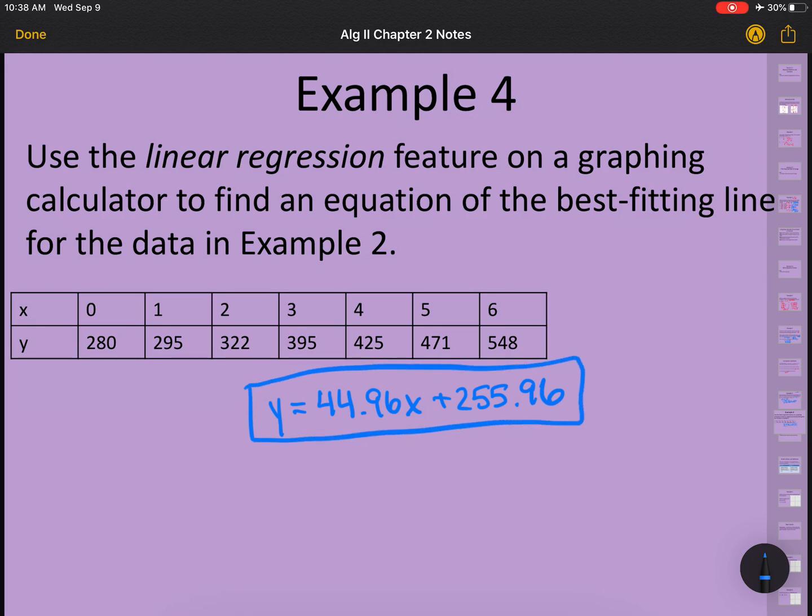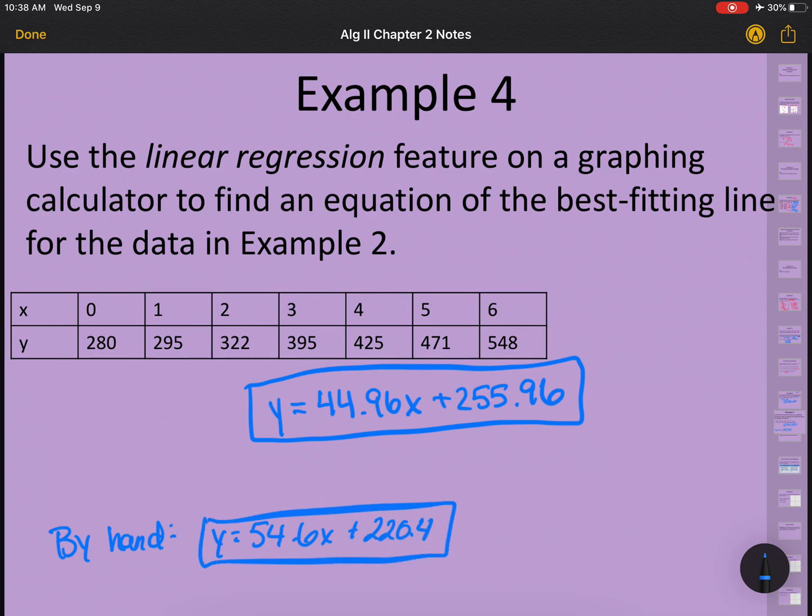Notice how the one we did by hand, so we did the by hand one, we got y equals 54.6x plus 220.4. Okay, that was the by hand. This one was the calculator. Okay, notice they're not the same. So there's room for error in here. So you might not have gotten the same by hand as somebody next to you, but the calculator should give you the exact equation of that best fitting line, and your neighbor should have that exact same answer from the calculator. Okay,